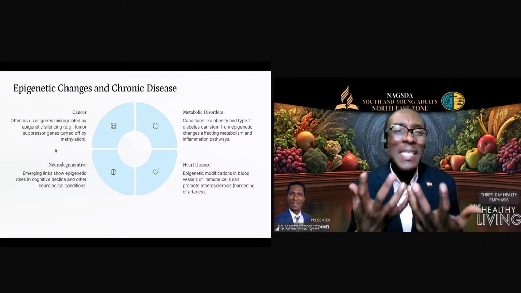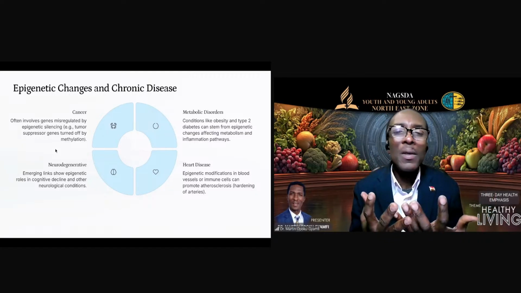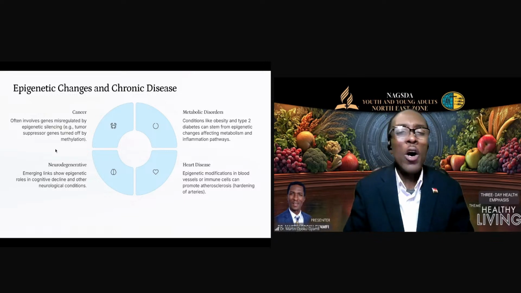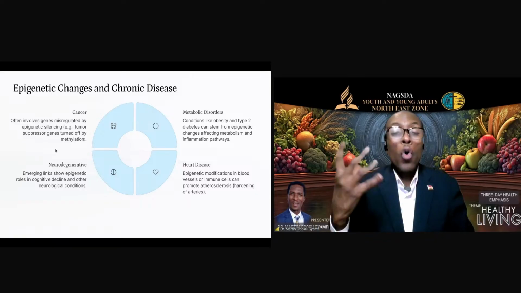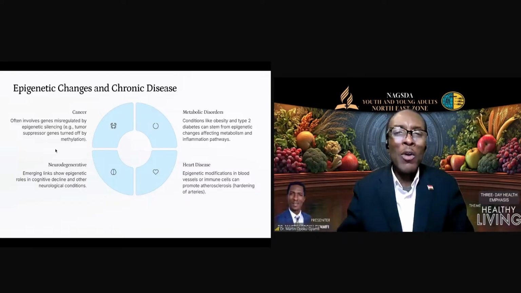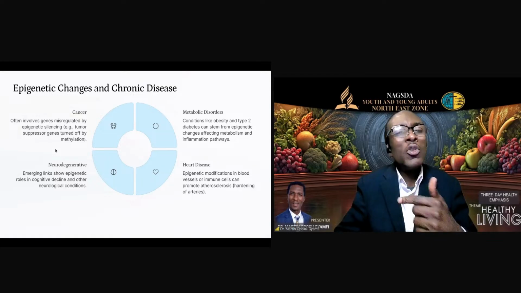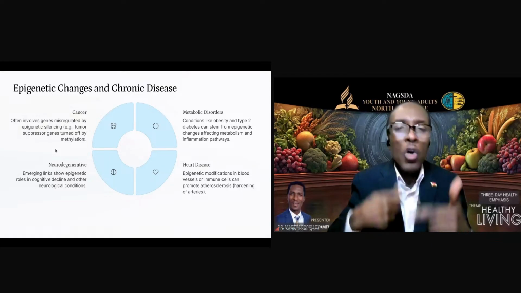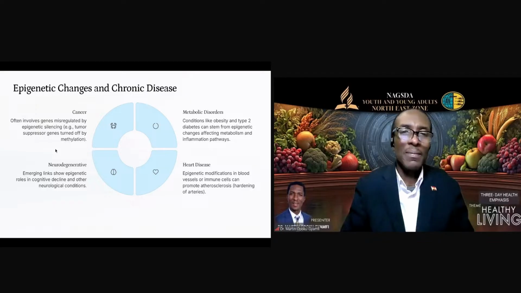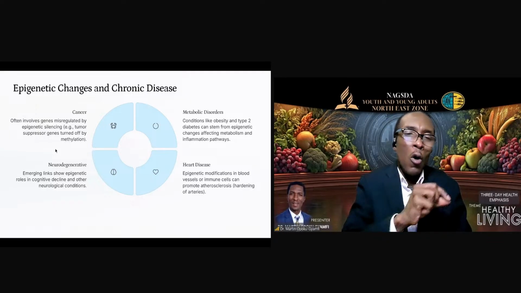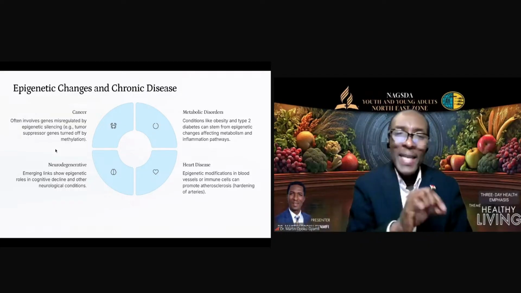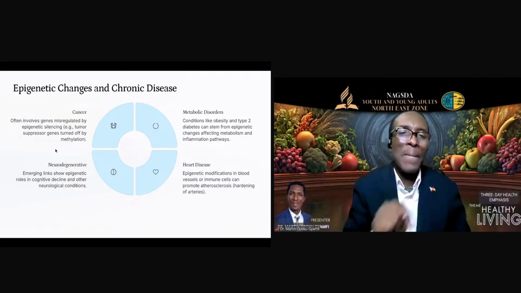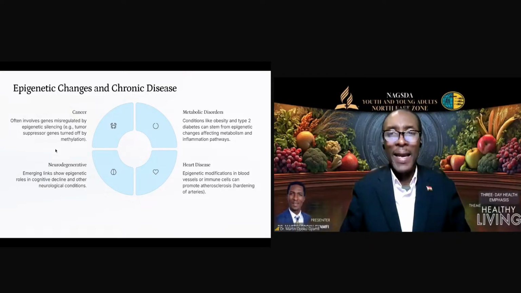Once you understand eating or nutrition in this way, you will not take nutrition for granted as a young person, because you know that whatever you're putting in your mouth, you're not only affecting the right now, but you're actually affecting your genes. You're fundamentally changing your genes. How your genes work, you're changing it. It's as if you are writing your own destiny. You're writing your own health destiny by what you eat. And that is why I chose for us to look at this